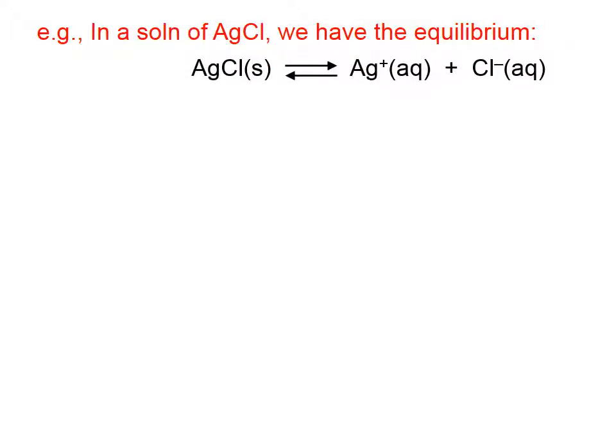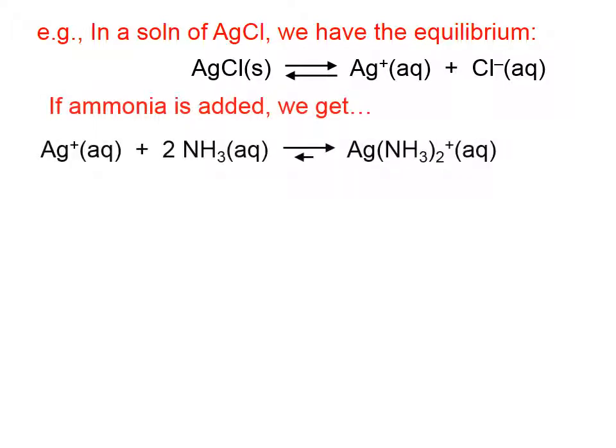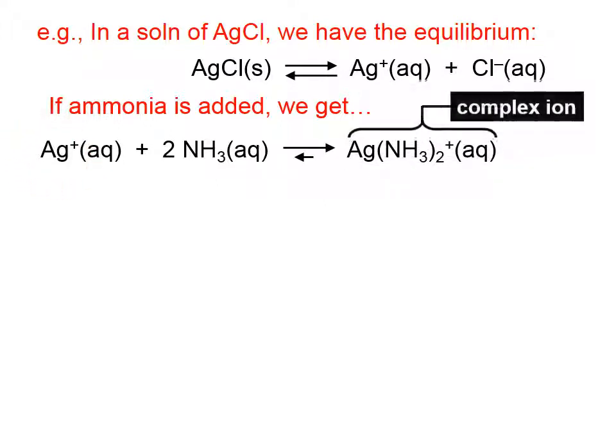So let's do an example. In a solution of silver chloride, we have this equilibrium going on, where most of the mass, probably, of the silver chloride is in the solid form, with a few silver ions and a few chloride ions being dissolved in the water. If we then add ammonia to that solution, and you can see we've got that right there, we're adding ammonia, and it turns out that ammonia forms a complex ion with these silver ions